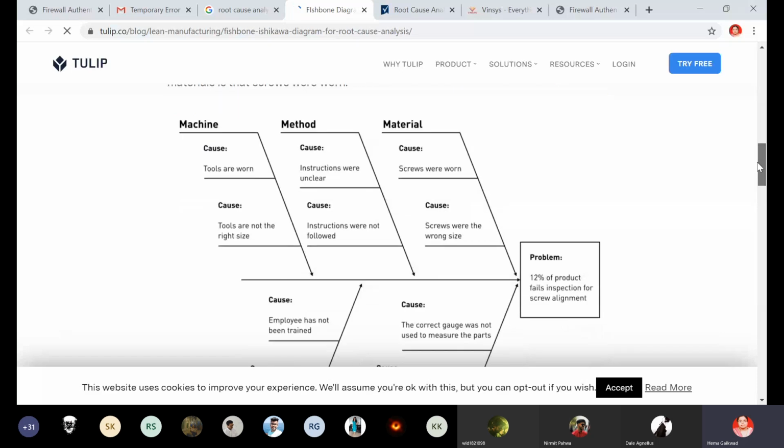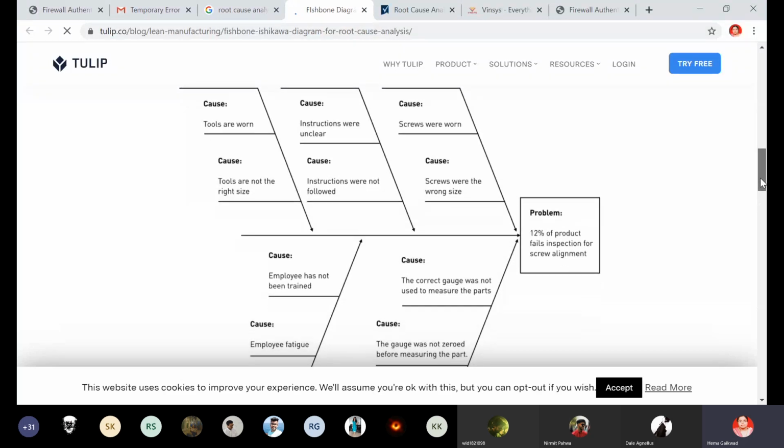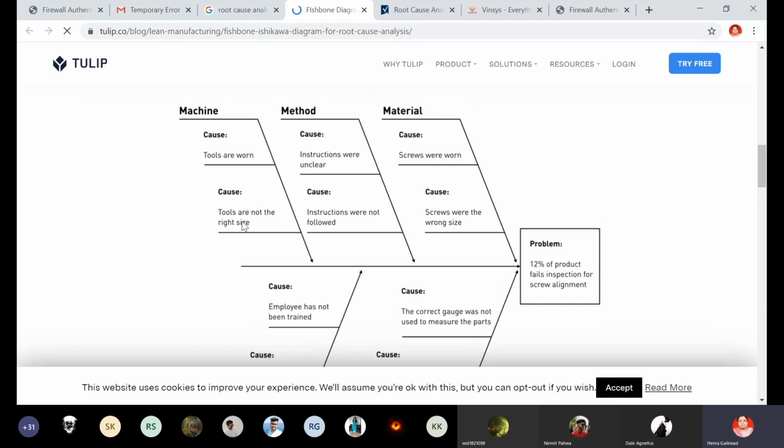See the screen now? Yes. Okay. So the thing is, we are talking about the principle of Six Sigma, right? The fifth one we have already discussed: the focus is on customer requirement. The next thing is the root cause analysis. When we perform the root cause analysis for each and every individual point, we can get good quality. That's why this is an important principle of Six Sigma. Clear? Now the question is how to do the root cause analysis. For doing the root cause analysis, this is the diagram, this is the template.